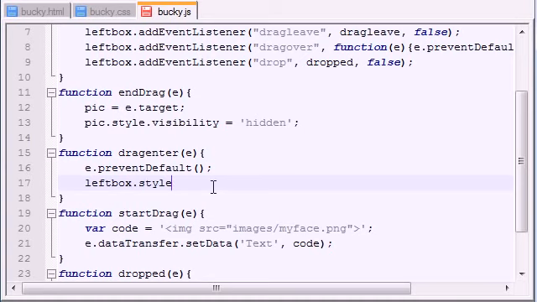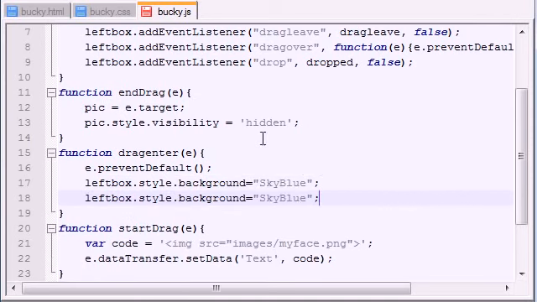Left box style, and the background is background, just like that. And let's set this equal to sky blue. That's a nice easy color. And let me copy this. So basically what we have going on right now is whenever we enter the left area, the background is going to change to a sky blue color. And let's just make the border,